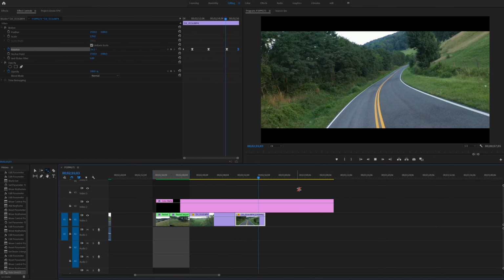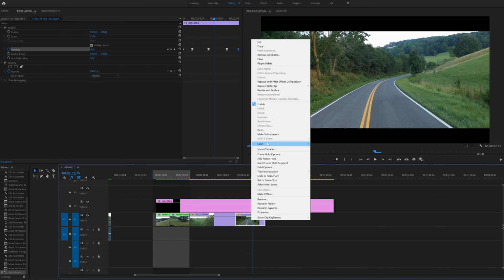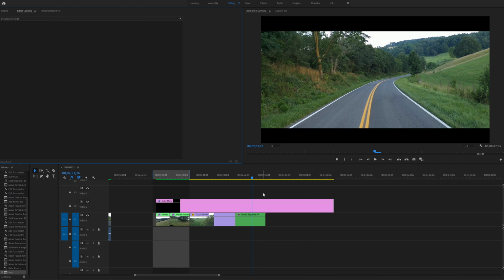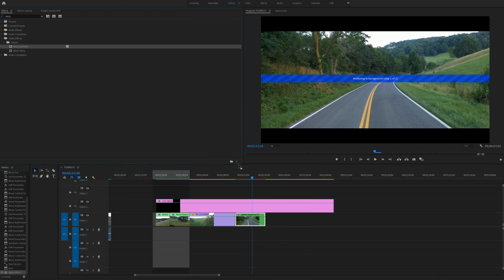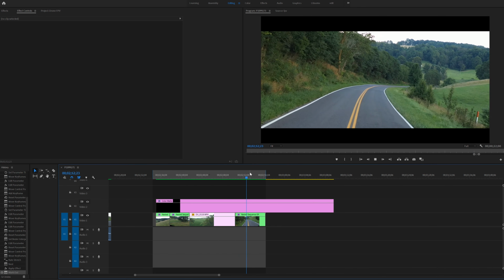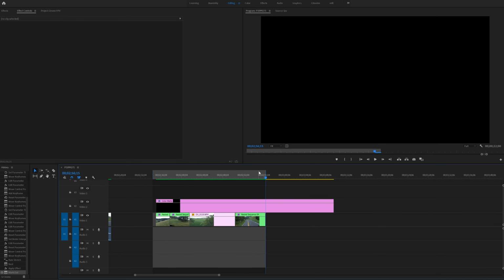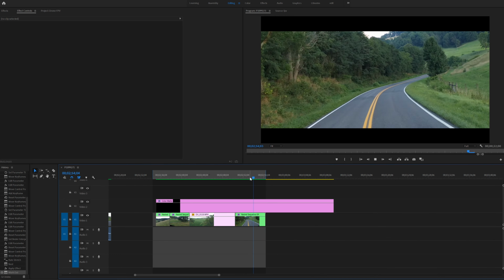So as you can see, that's starting to look a little bit better, but this is where warp stabilizer will come in handy. So what I'm going to do is right click, select nest, because you can apply warp stabilizer to speed modified clips, and then drag on warp stabilizer and give that one a go. So I think that looks pretty good and it gets the effect done. You'll have to play around with what it looks like on your drone footage, but